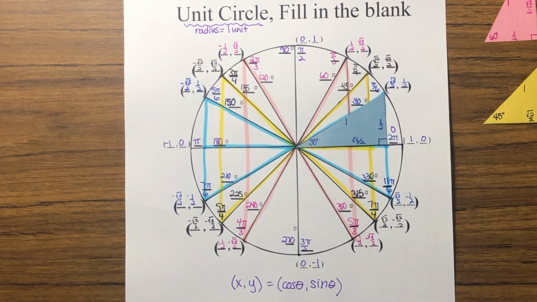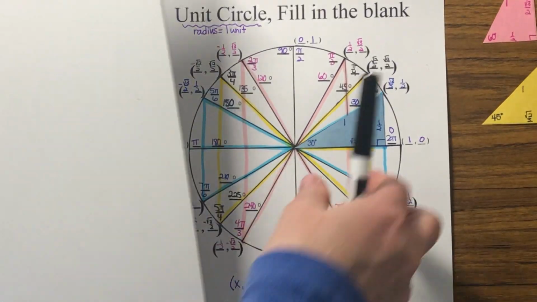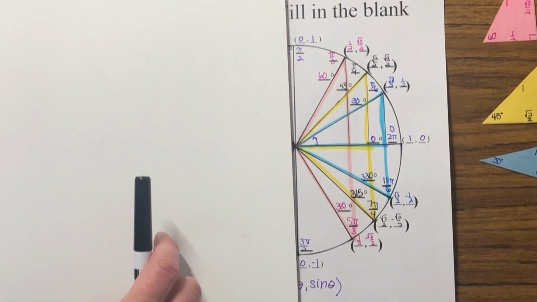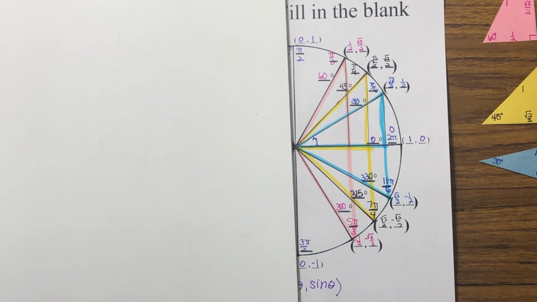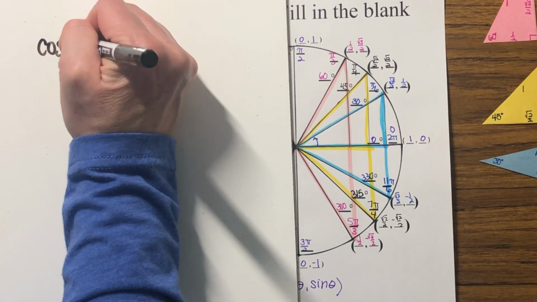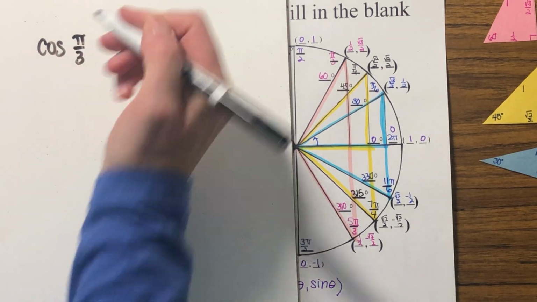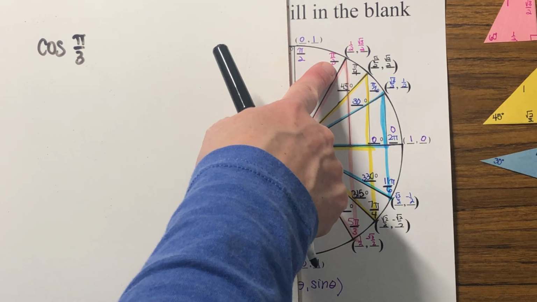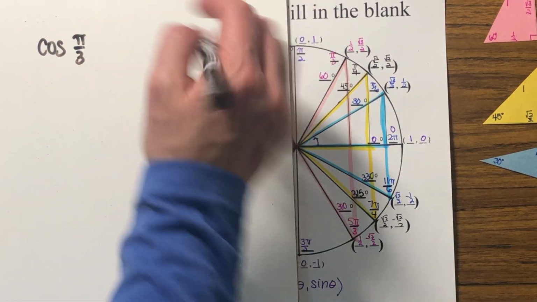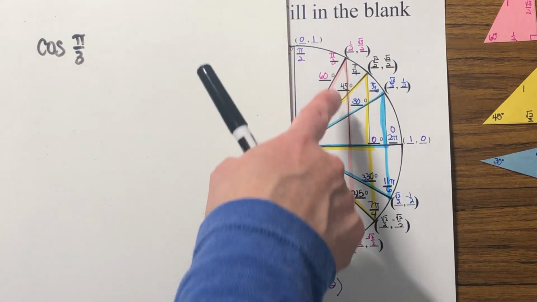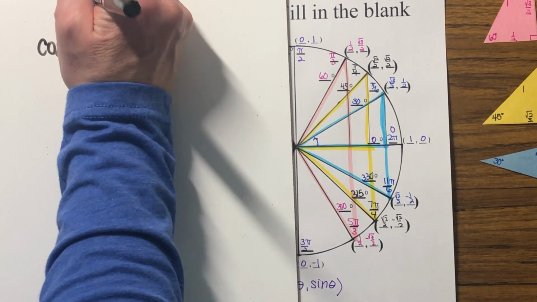So we're going to start simple. We're going to only do the first quadrant. That way you can see the first quadrant. But if I ask you, say for example, to find the cosine of pi over 3, I can look on my unit circle for where pi over 3 is, and we know that the cosine is equal to the x value. I hit it. Hopefully you wrote it down. The cosine is equal